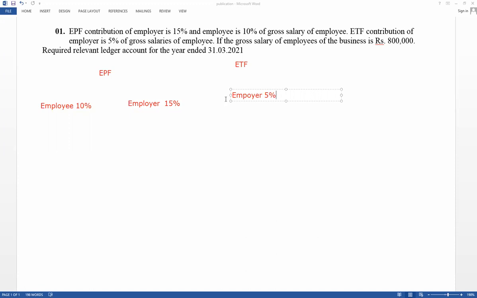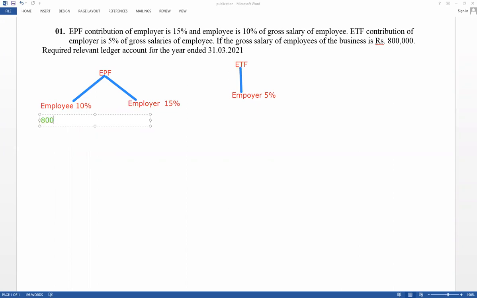Think how to adjust EPF and ETF. The gross salary of the employees in the business is also given. EPF and ETF are divided into two parts: for EPF both employee and employer give their contribution, but for ETF only the employer gives. The value should be calculated based on the gross salary of the employees, which is given as 800,000. Therefore, take the value 800,000